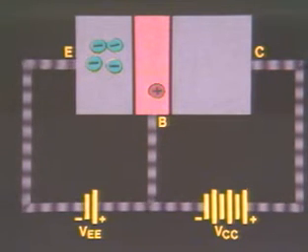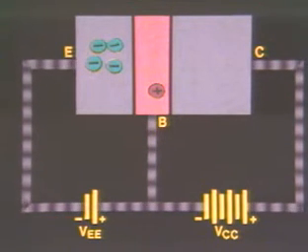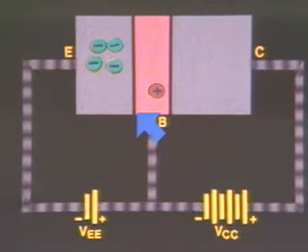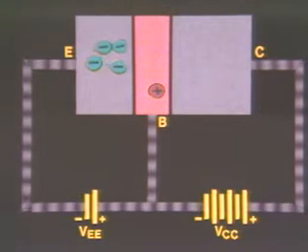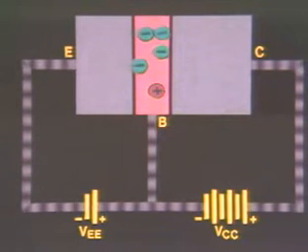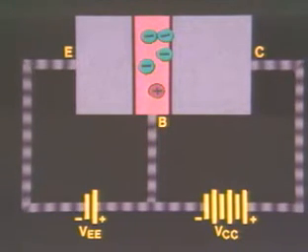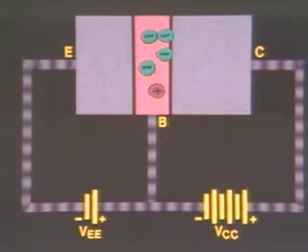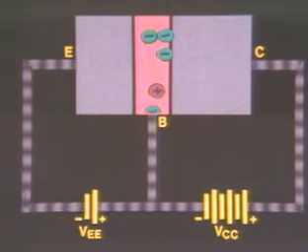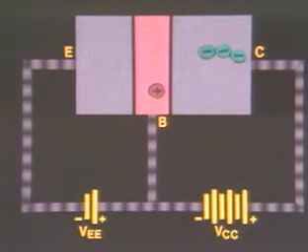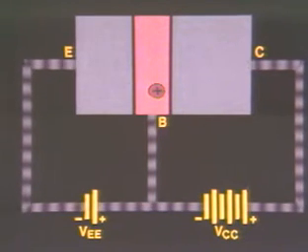For the proper operation of virtually any bipolar transistor, the base-emitter junction must be forward biased and the collector-base junction must be reverse biased. During normal transistor operation, current carriers emanate from the emitter, then move into the base. About 2% of these carriers leave the transistor as base current. Over 98% of the carriers cross into the collector and then leave as collector current.